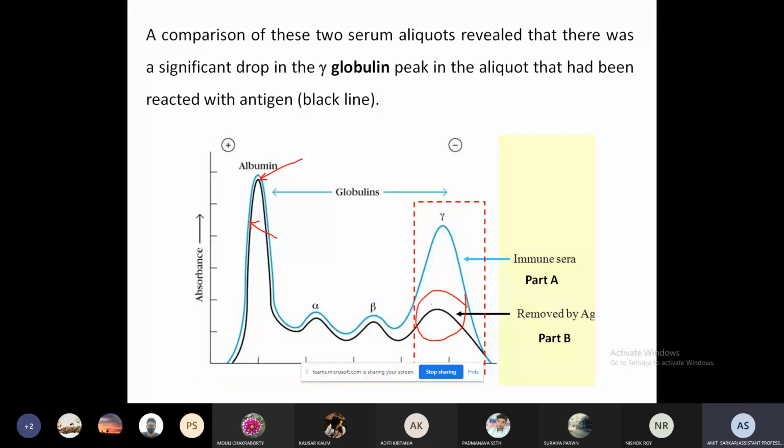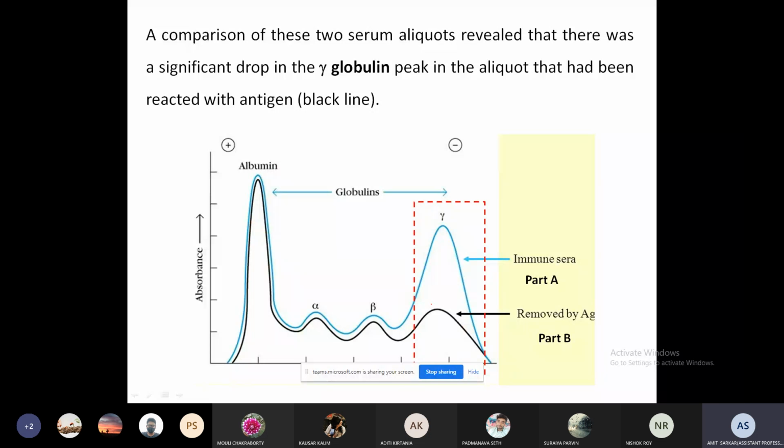That's why you are not getting much gamma globulin in part B after the antigen-antibody complex has been formed and precipitated in the tube. So a comparison of these two serum aliquots revealed a significant drop in the gamma globulin peak